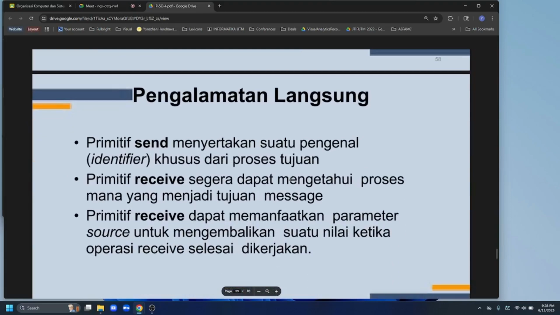For direct addressing, the send primitive attaches an identifier for the destination process. And then the receive primitive can directly know which process is the target. The receive primitive can use the source parameter to return a value if the receive operation has been done.